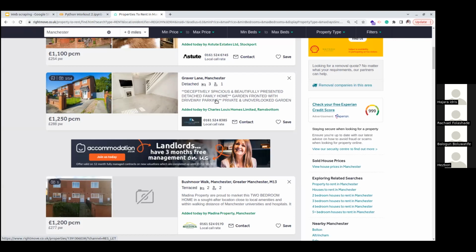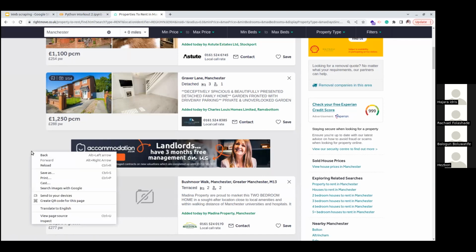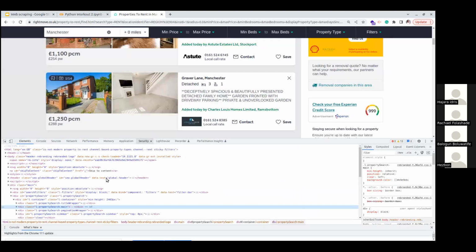Probably it's not available online, like the example I gave you of the images we were looking for, which were not available online, so we needed to do it ourselves. There could be many reasons that you want to scrape a website, and certain information you want to look for. So you come to inspect.